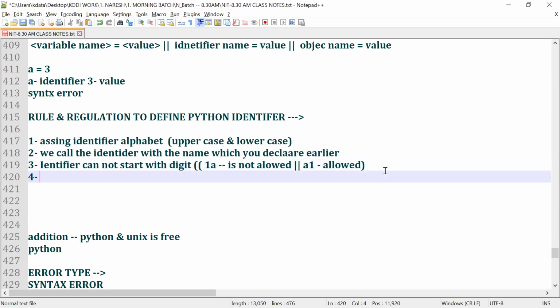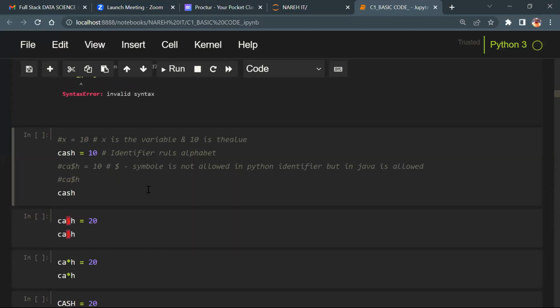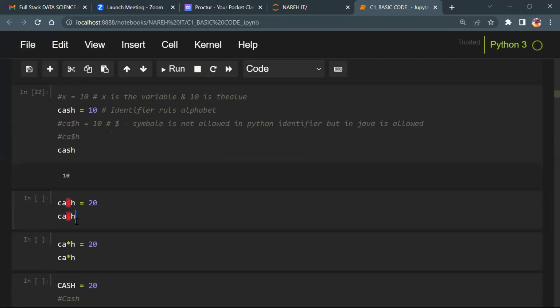Now let's go back to the fourth rule. Cache equals 10. When I say cache, can we get output or error? Output. Now, ca m%sh equals 20. Can we get error or output? Error.